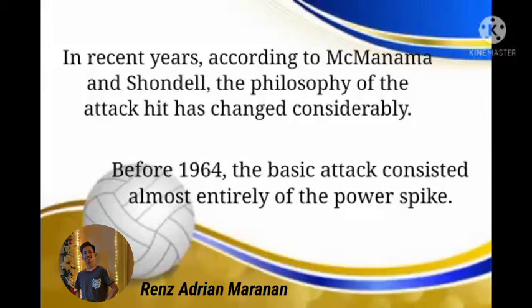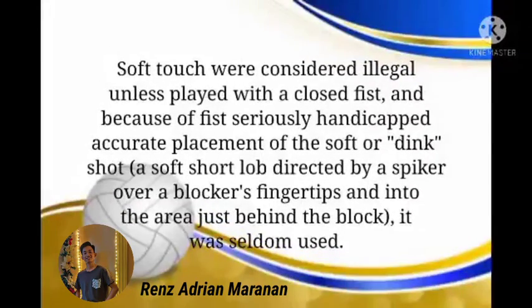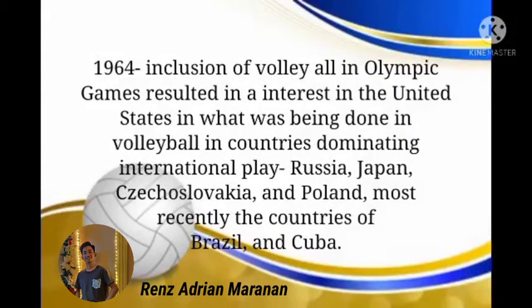Before 1964, the basic attack consisted almost entirely of the power spike. Soft touches were considered illegal unless played with a closed fist, and because of this, accurate placement of the soft or dink shot was seriously handicapped. A dink is a soft, short lob directed by a spiker over a blocker's fingertips and into the area just behind the block. It was seldom used. In 1964, the inclusion of volleyball in the Olympic Games resulted in an interest in the United States